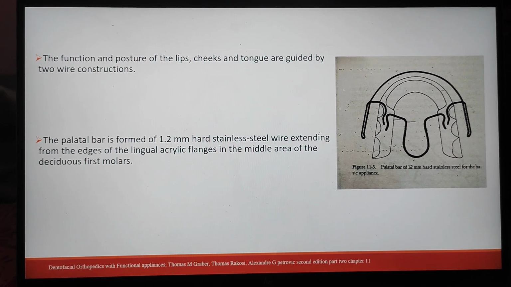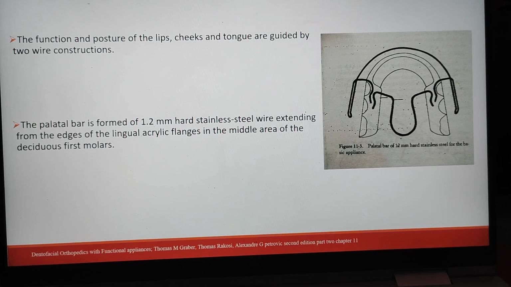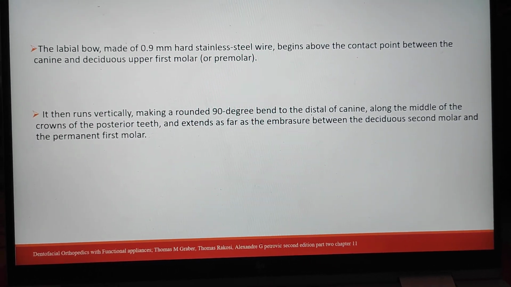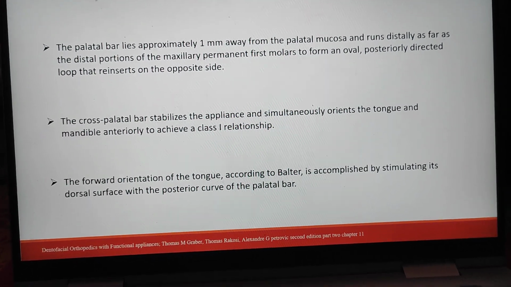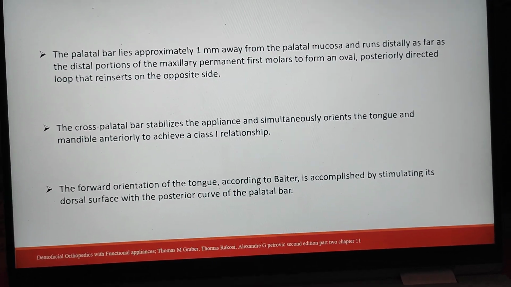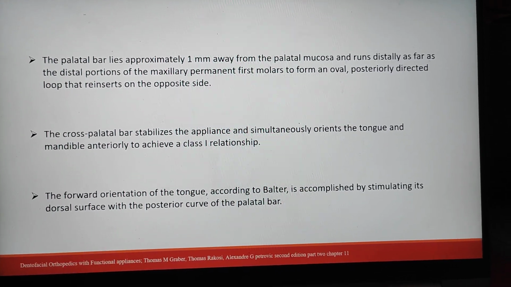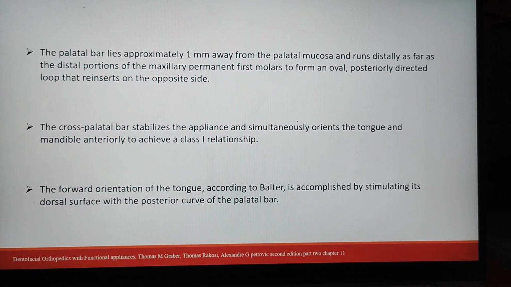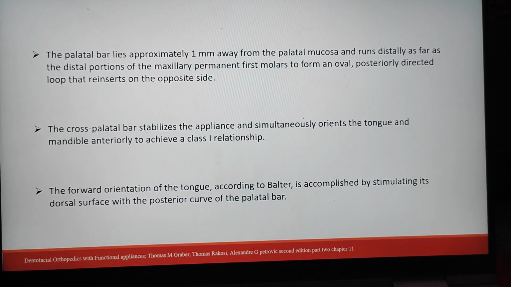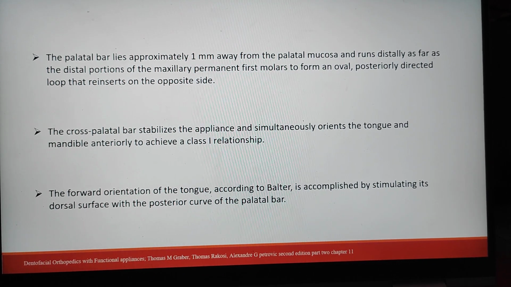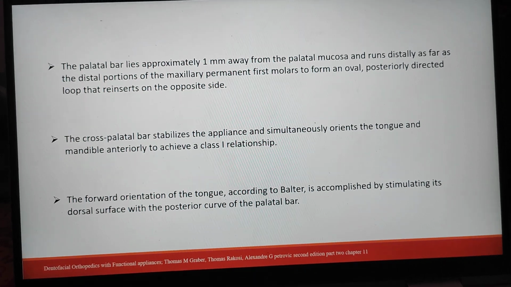extending from the edges of the lingual acrylic flange in the middle of the deciduous first molar. After emerging from the acrylic, it lies about 1 mm away from the palatal mucosa. It runs distally such that it forms a loop which is posteriorly directed. This cross palatal bar has two main functions. First, to stabilize the appliance, and second, it orients the tongue in a much more downward and forward direction